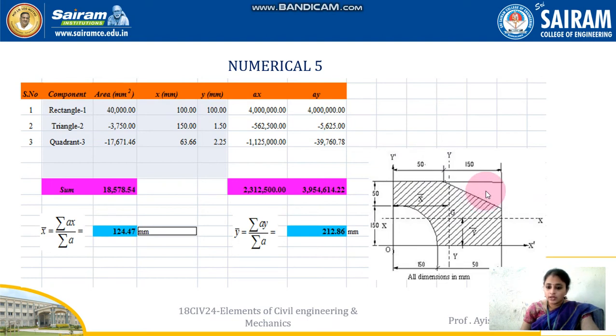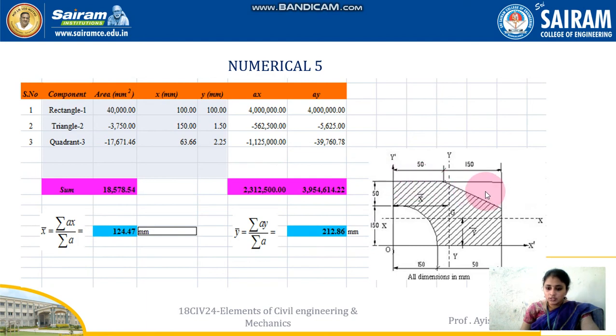Now we'll go for this triangle. This triangle has base 150 and height 50, so half bh, with a minus sign, because here we are going to subtract it. If you fix the center point here, the greater intensity point is this and the lesser intensity point is this. Greater intensity means where there is more load, lesser intensity means no load. So the center will be like this. From here to here is the x2 distance and this is the y2 distance. So x2 is 2/3 of 150 plus 50.